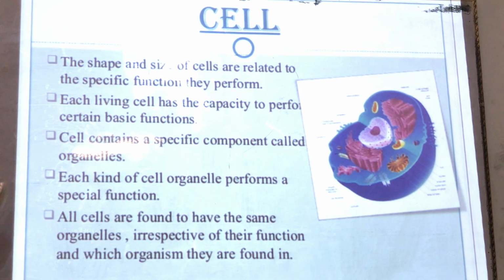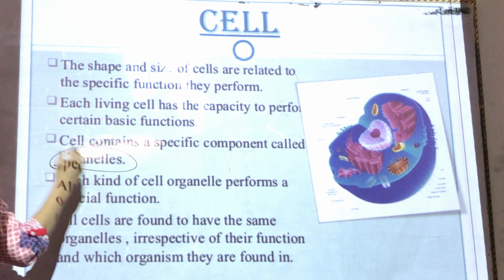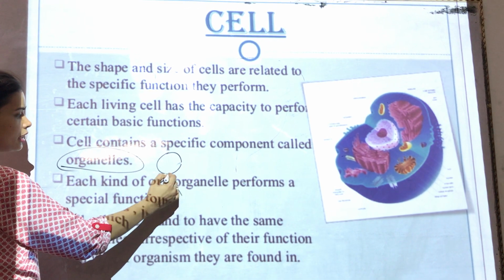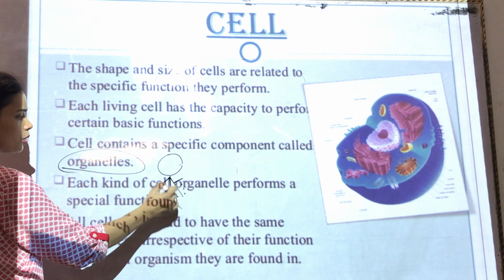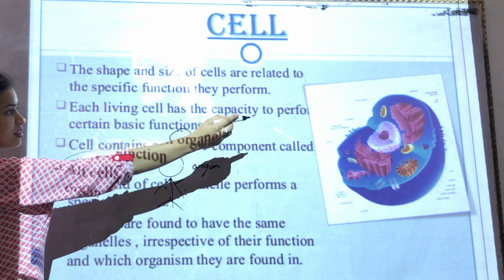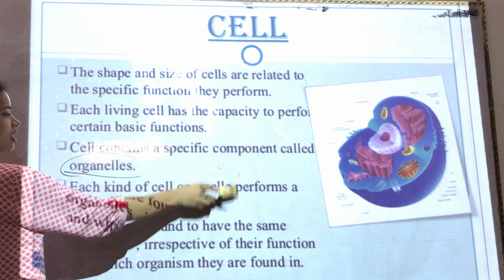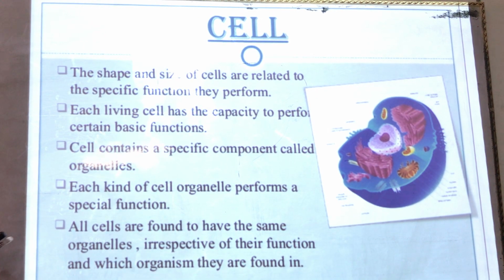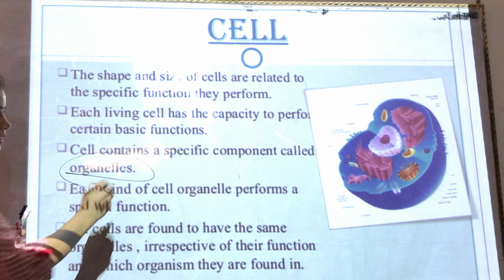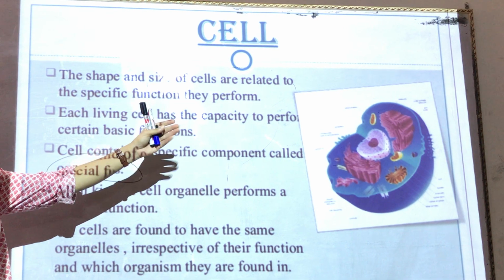Now children, it is very interesting to know that each cell contains specific components that are called organelles. For example, this is your body. Inside your body there are many organs. Similarly, inside a cell, suppose that is the cell, a microscopic view of a cell, you will notice various different colored structures. These are organelles, in colors like onion color, purple, brown, yellow.